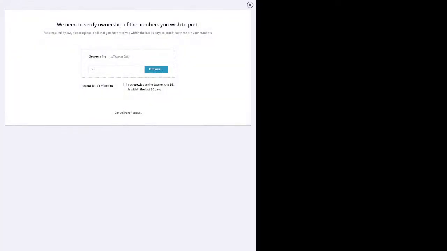Then click next, upload a PDF copy of your most recent bill from the current carrier. Like if you're porting from AT&T to VirtualPBX, you upload your AT&T bill. Then there's a form to fill out that should match the information AT&T has on file for you. You'll then have the opportunity to download a blank letter of agency, or LOA, and then upload a completed and